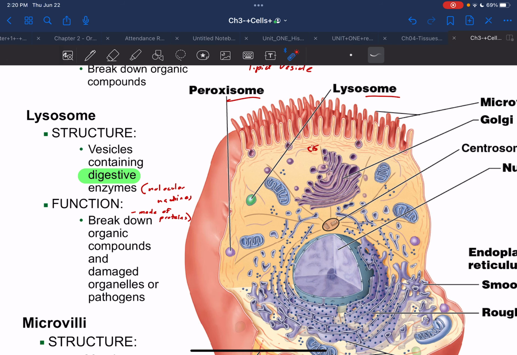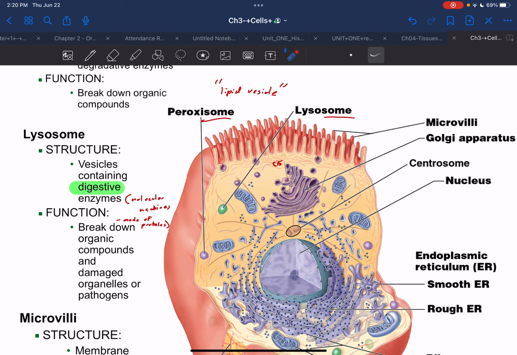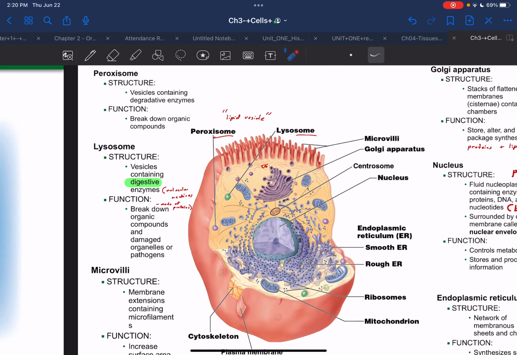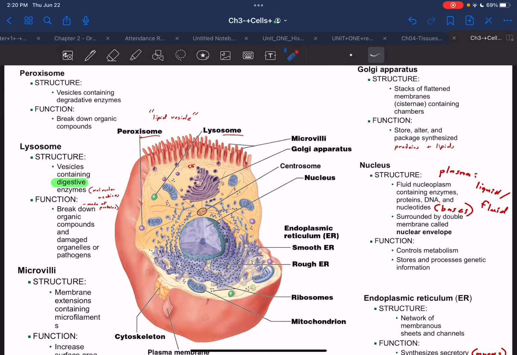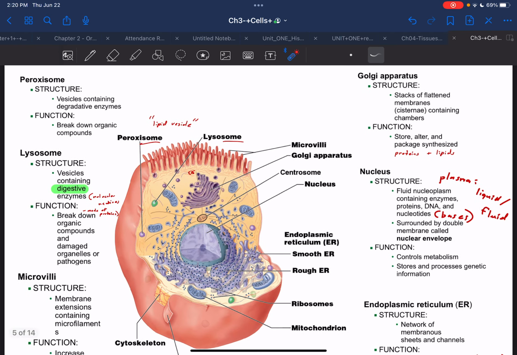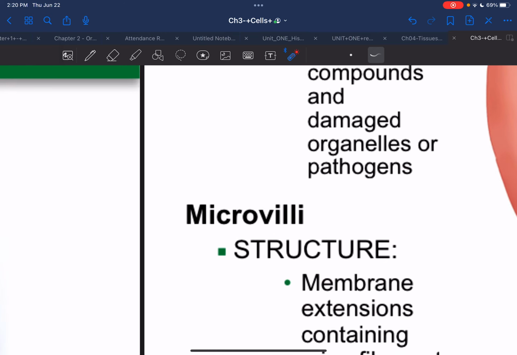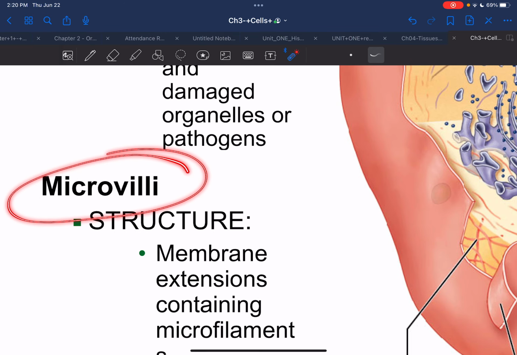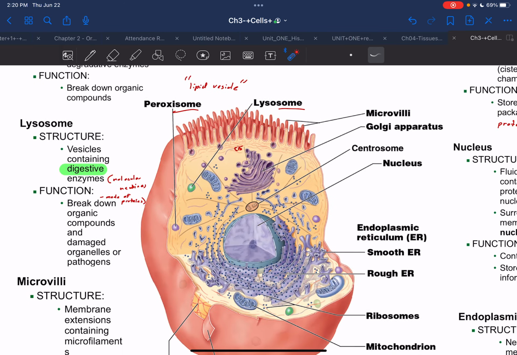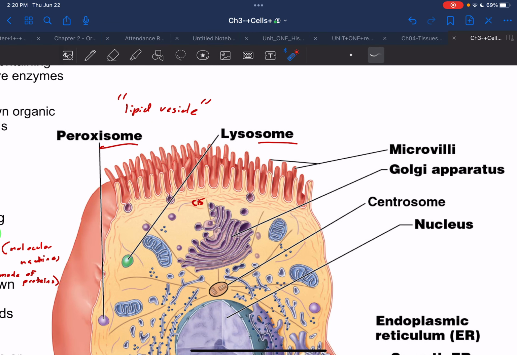Yes. And what they break down is organic compounds for now, because it is a lot more complicated when we talk about peroxisomes, and we're going to remove that complication for your exam. In lab number 1, what do these do? Absorb. And so for lab number 2, there are these structures, these finger-like projections that cells will have on the